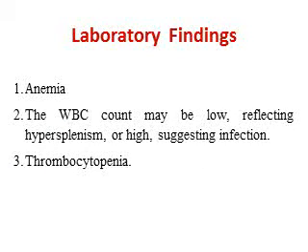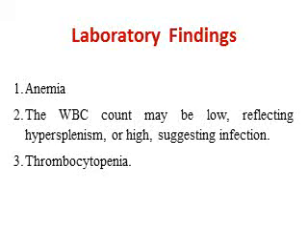Anemia. Regarding laboratory findings, the investigations for patients with cirrhosis and liver cell failure include CBC. CBC will show the following. Number one, presence of anemia. Which type of anemia? We may find all types of anemia. We may find microcytic hypochromic anemia due to iron deficiency, due to chronic blood loss from the presence of varices. Number two, we may find anemia of folic acid and vitamin B12 deficiency, which is called macrocytic anemia.